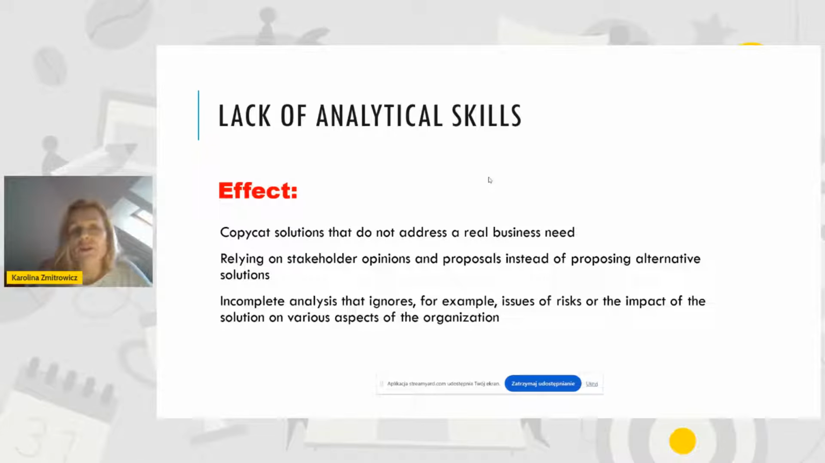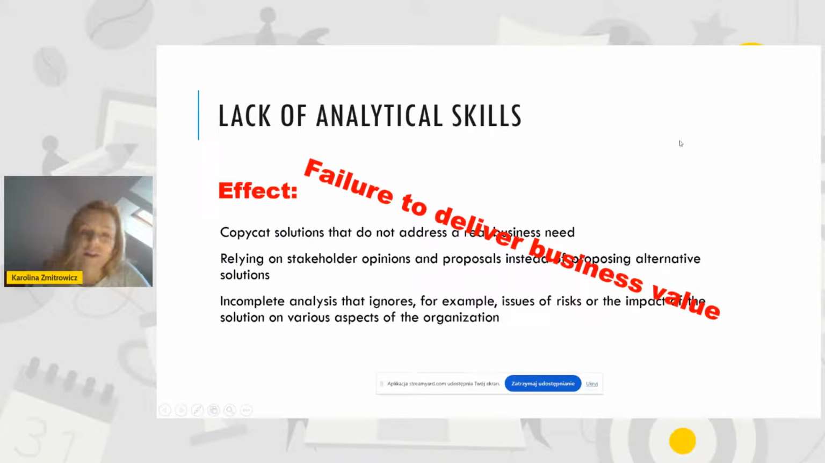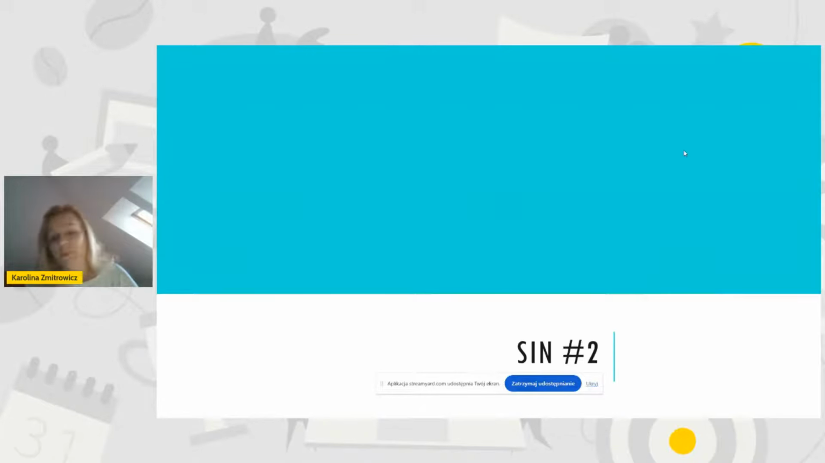What else could be the effect? The effect could be that we are focusing on something that is clearly visible and our analysis is not complete. So, for example, we are missing risks. We have no knowledge about risks. We are missing impact analysis of the change on the various aspects of the organization. The final effect could be, unfortunately, that we fail to deliver business value. So, sin number 1, lack of analytical skills. The next one